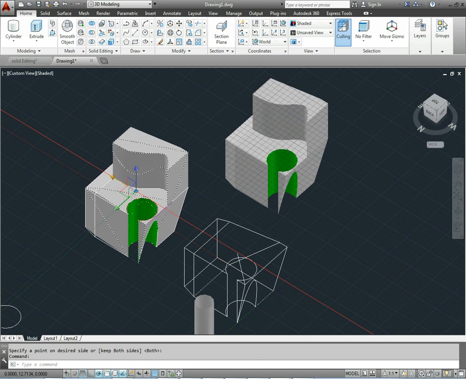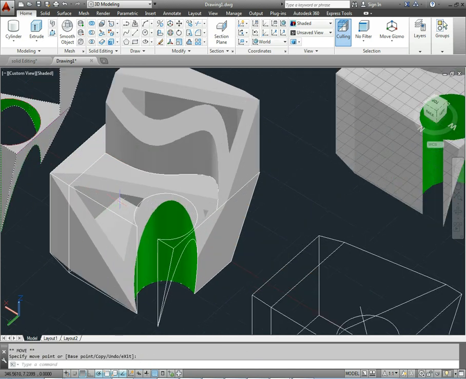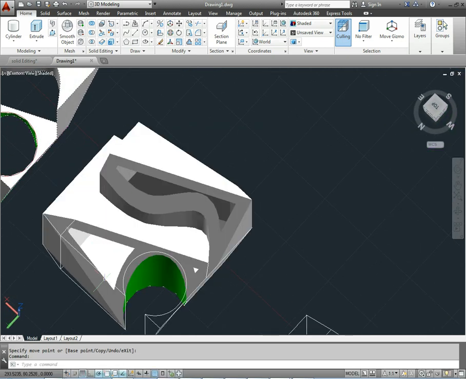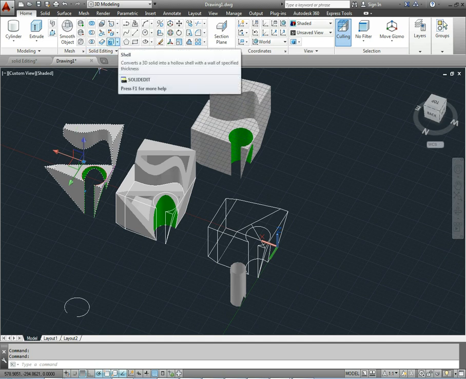I'll use the gizmo to move that aside, and we'll see that it actually has hollowed out the inside, hence the name shell. So if you're looking to produce an object with no material in the middle, that's how you can do that. Okay, one more in this section, and